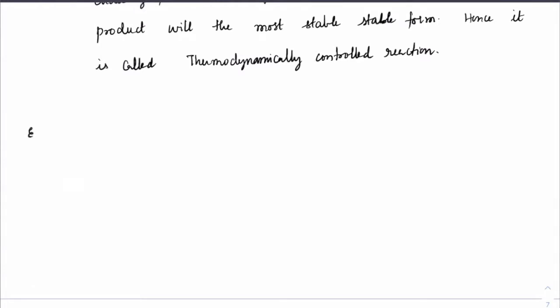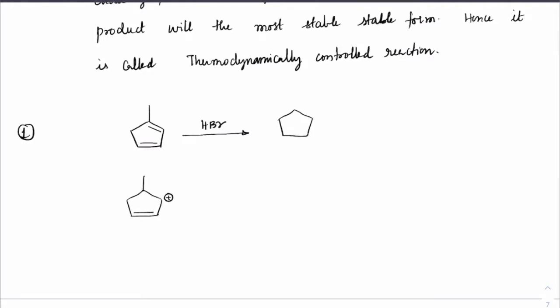Let us go through a few examples. First one. Suppose we have a double bond here and a double bond here. So it is a conjugated diene and reaction with HBr. First, we'll make a stable carbocation formation. I'll just show you stable carbocation formation first. So carbocation can form here, double bond can come here. This is what you will get. So from here, we can get a product directly by adding up here. This is one product which we can get.